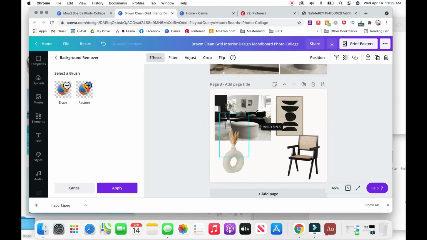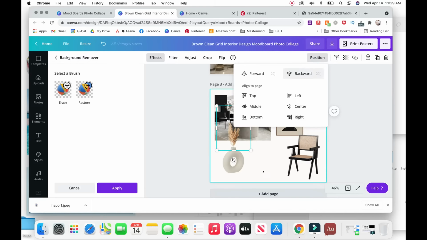But I can just put this in here and then position it, and then I would position it behind just so that